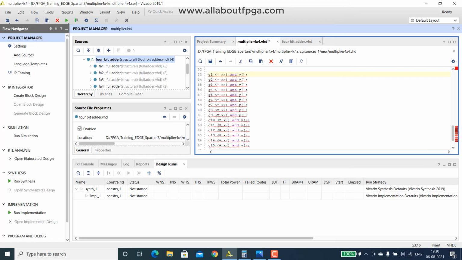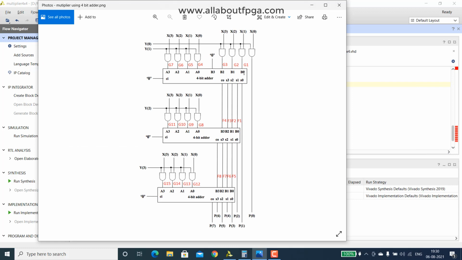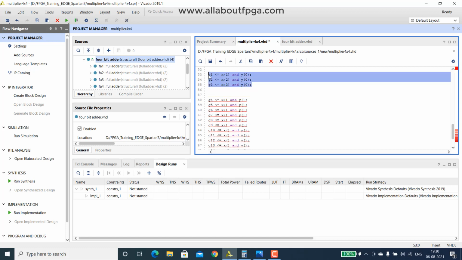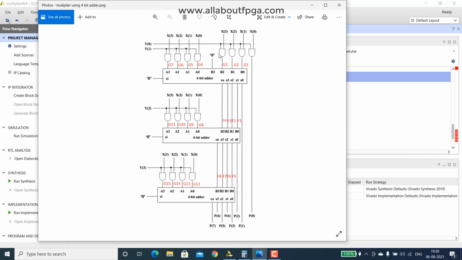So Y will be 0 for the first 3 gates. We have Y as 0 and X as 1, 2, 3. So I separate these things. These are the 3 gates, G1, G2, G3.